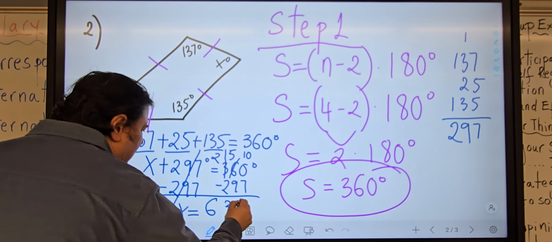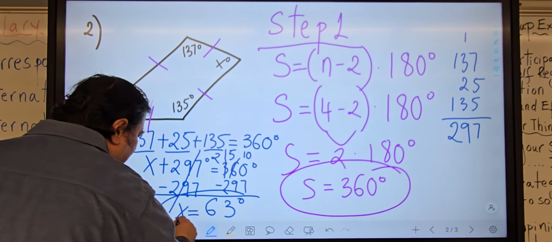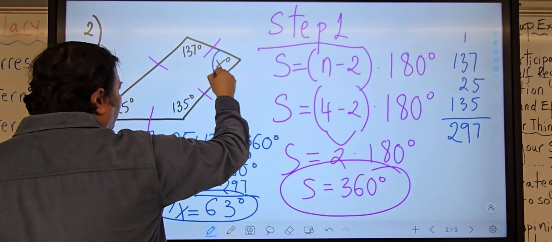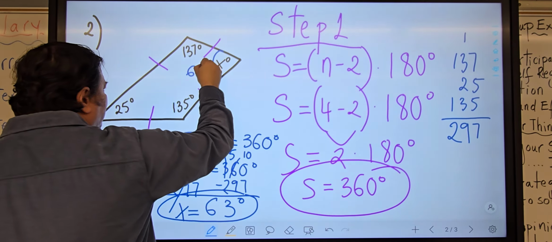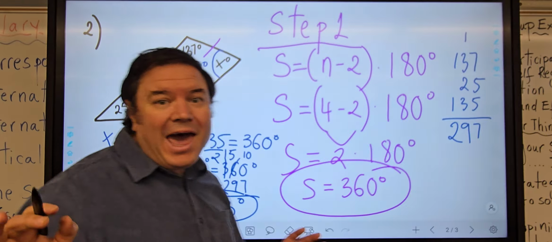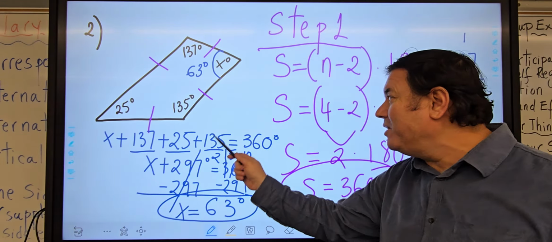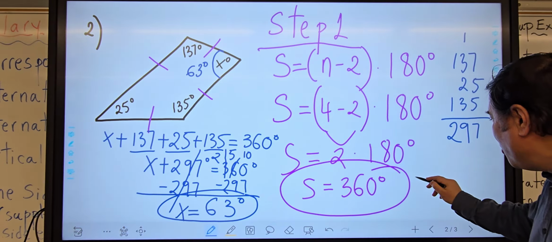So the final answer is 63 degrees. So x is 63 degrees. This angle is 63 degrees. And if we add all these angles, 63 plus 137 plus 25 plus 135, of course, we are going to get